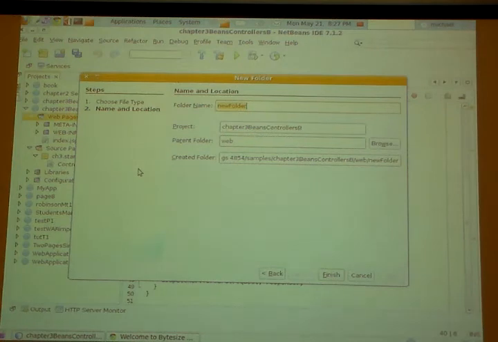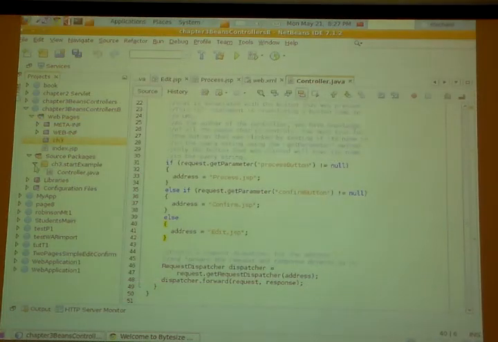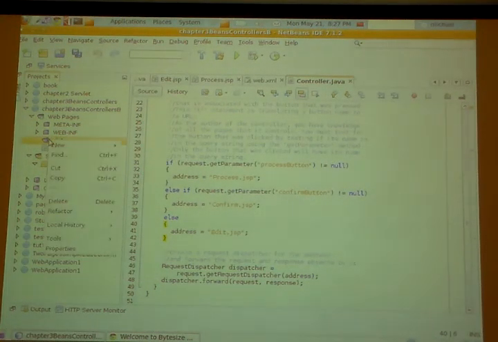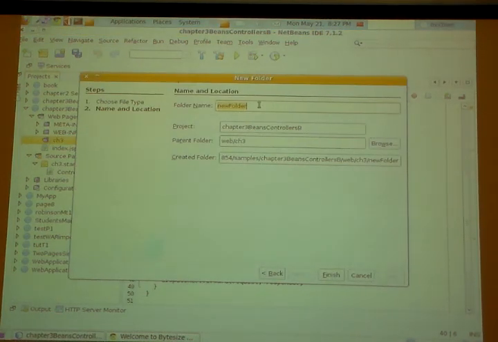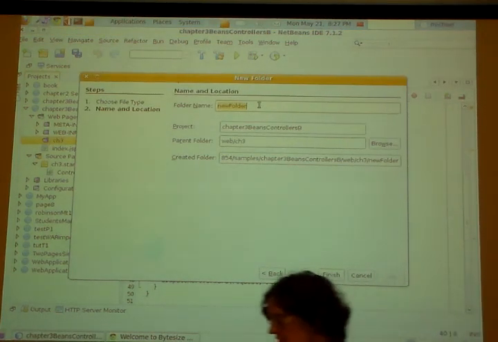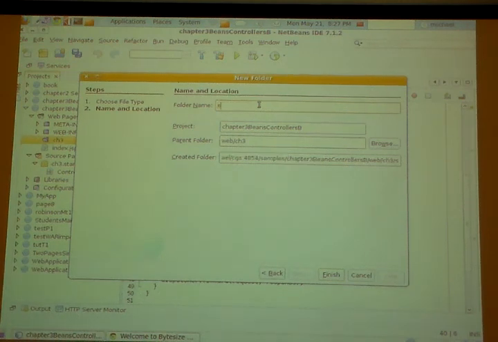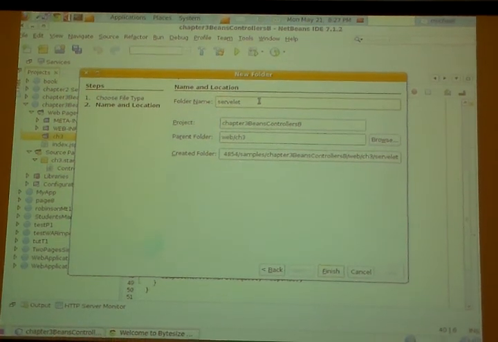What do I call it? Chapter CH3, right? That's it. You hit enter, so there it is. Now how do I create the other subdirectory? Same thing, right click, new folder, and what was the name of the other guy? Servlet controller. Oh, here it is. So what's the rest of the name? Servlet controller, servlet, without the